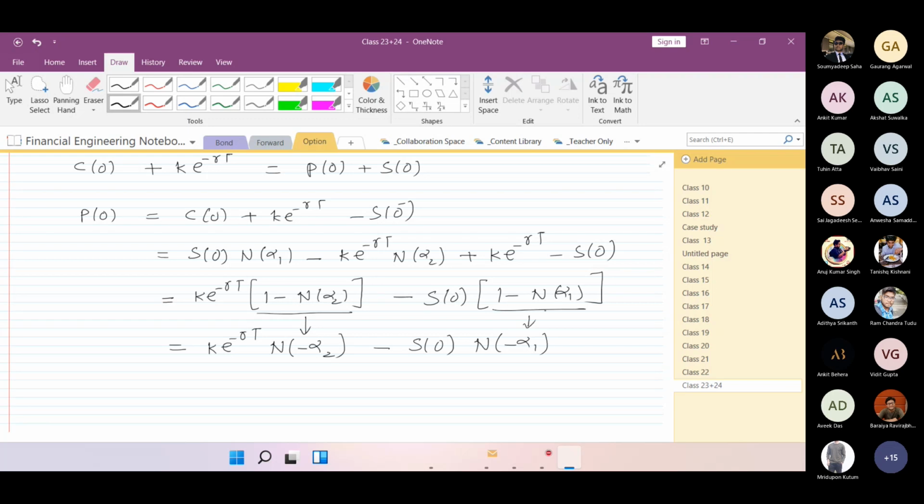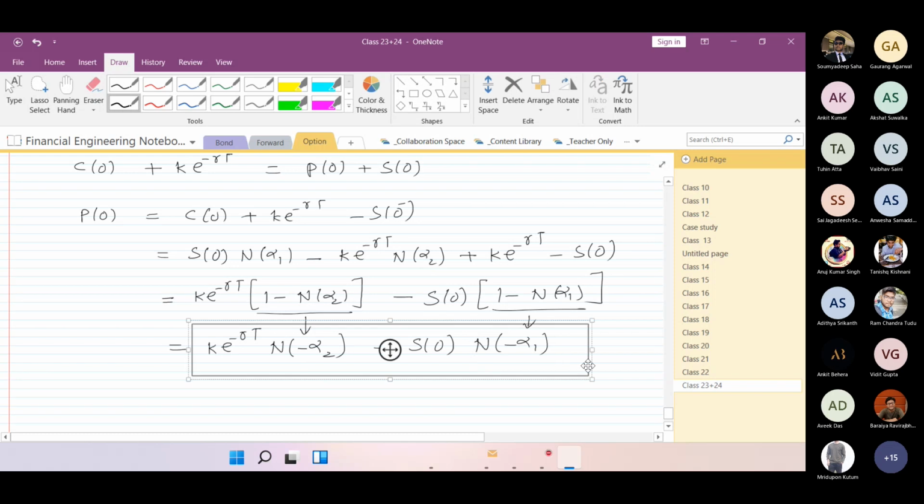So this would be the premium for the put option for the European one, where everything is known. The only thing is that alpha 1 and alpha 2 you have to calculate, correspondingly using the CDF, using the normal distribution table, put it back and get this back. So this would be direct. Using the put call parity, this is what we have got. If you would have gone with the same approach we used for the standard normal for the call option using all the integration, this is the final expression which we would have got.